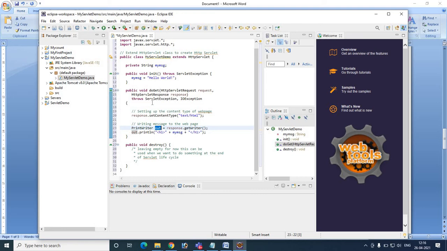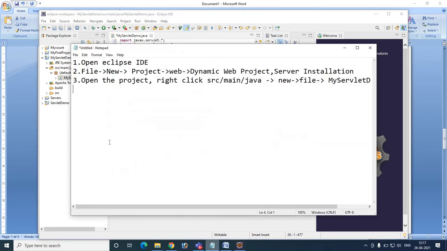So this is what the code of a servlet. After that, so we have to give the code for servlet. The fifth step,